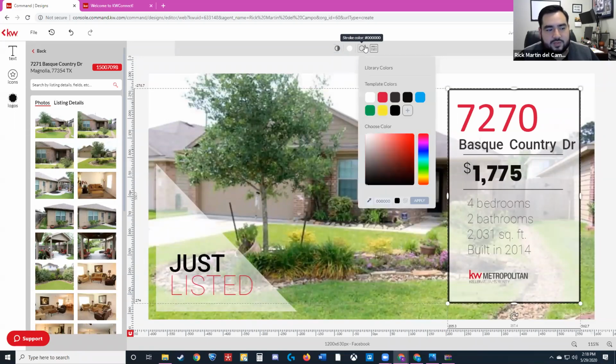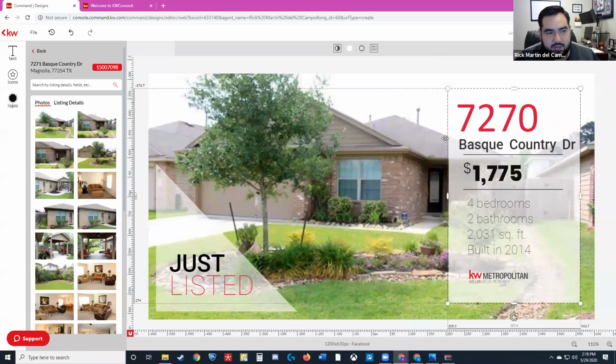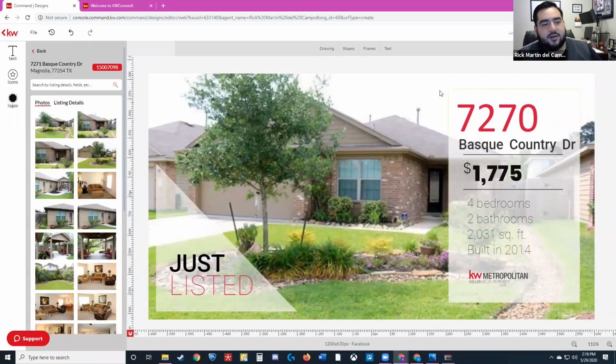You can remove the stroke at any time as well by selecting this invisible button. When you hit invisible and hit apply, it deletes the stroke. So now it's there. Now it's gone. So if you happen to be playing around and you make a mistake, you're like, oh no, how do I go back?